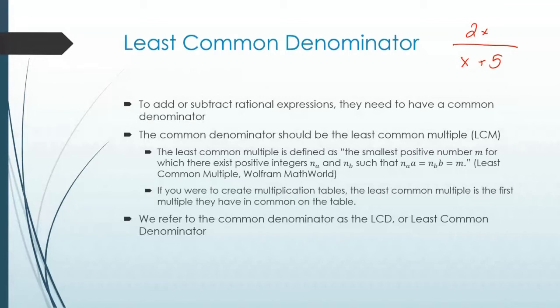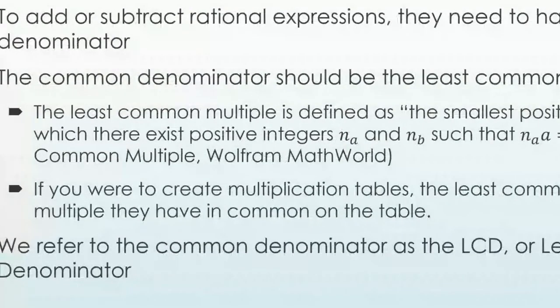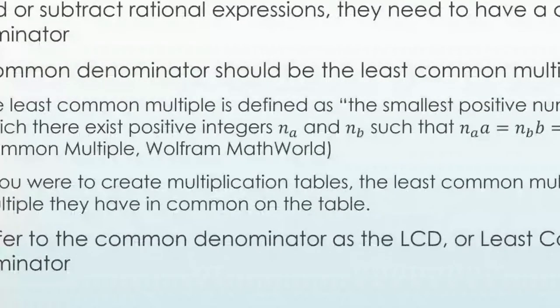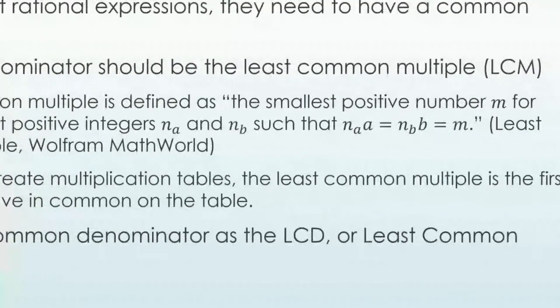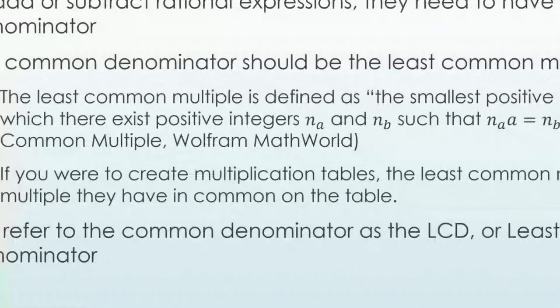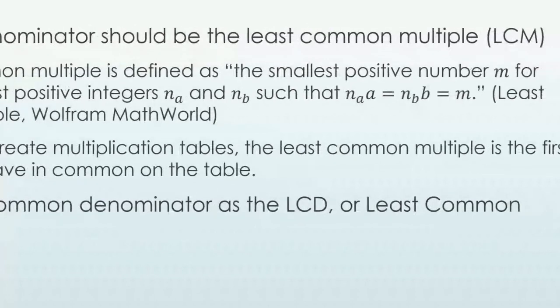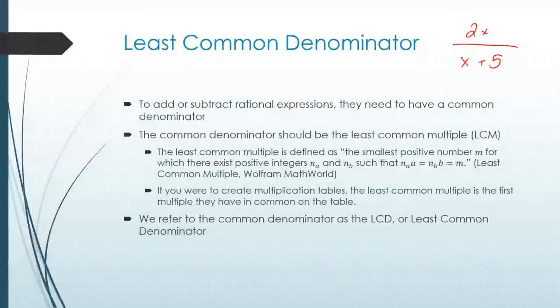The mathematical definition of the least common multiple is very, very mathy. The least common multiple is defined as the smallest positive number m for which there exist positive integers na and nb such that na times a is the same as nb times b, and that equals m. So to explain what that mathematical definition means,